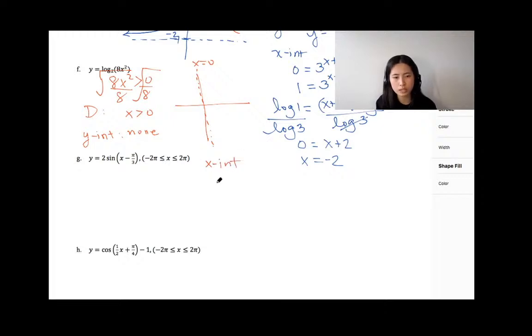So for your x-intercept, you need to plug in y is equal to 0, right? So 0 is equal to log of 2, right? And then you have 8x squared right here. So I tell my students that anytime you're solving for x in a log function, you need to remember that